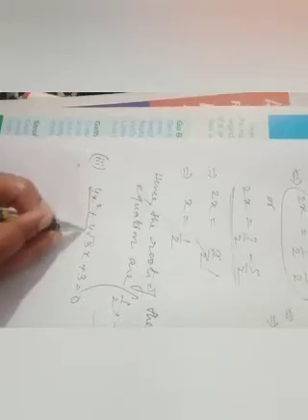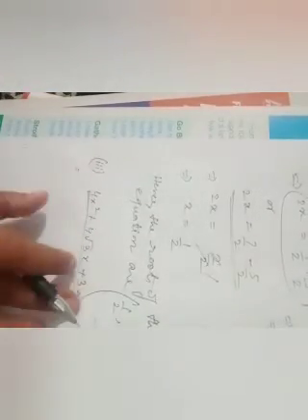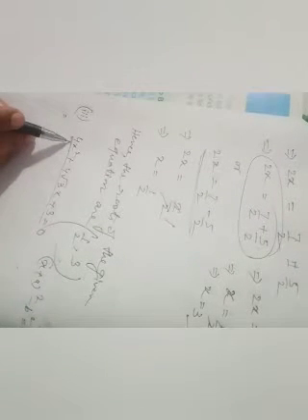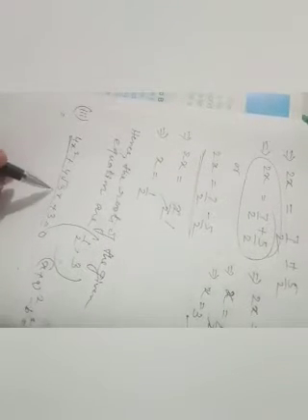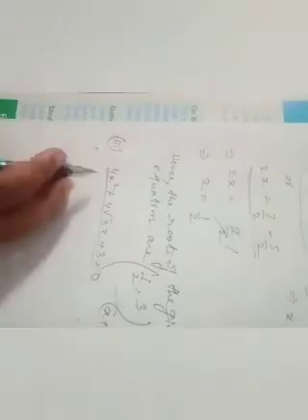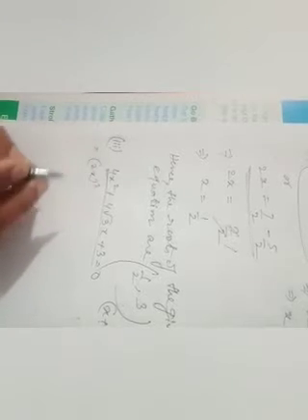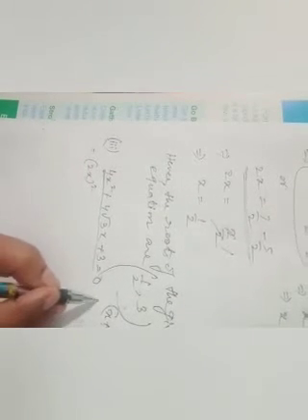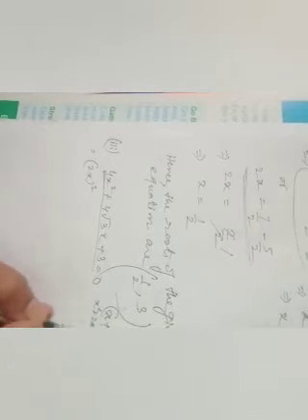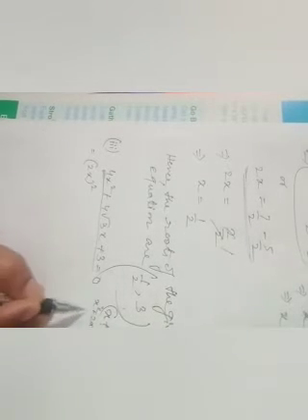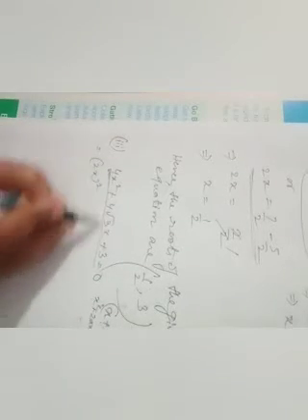So we have to convert this equation in the form of x plus a whole square minus b square formula. So here x is 2x, and your a, you have to add by your own, or you can get the number in this equation itself. So let's start. x plus a whole square is x square plus 2ax plus a square. So first you bring the equation in this form.